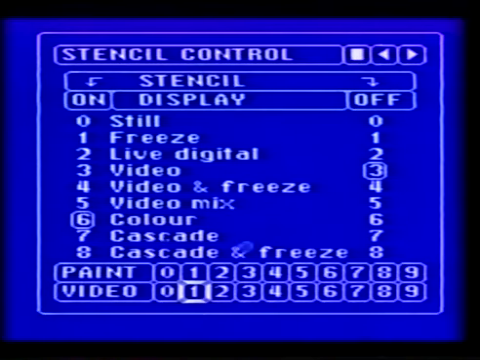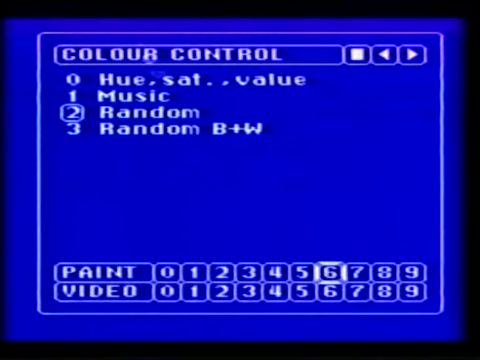Now 66 is quite an interesting one. This is a colour trail. So instead of trailing parts of the image, it trails the current colour that's determined by this menu here, the colour control menu. So that was on random. But if I make that on hue saturation value, for instance, and just wipe the screen to red,